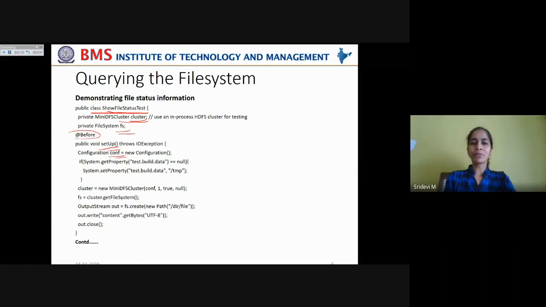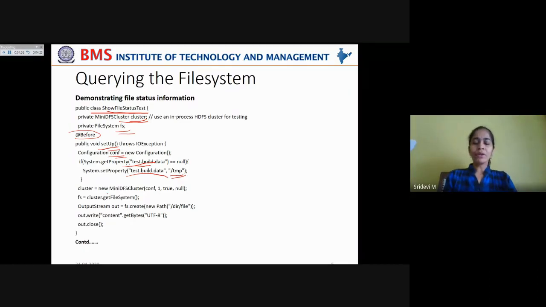Configuration object has to be created when you are working with these Hadoop file systems because it encapsulates client and server configuration. Now, through getProperty, you are getting this test.build.data. If this entity is equal to null, then set the property test.build.data with a temporary root.